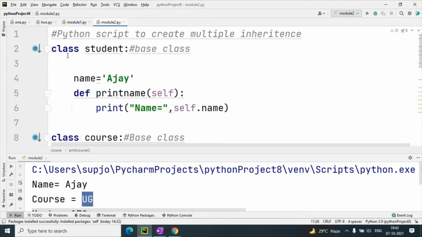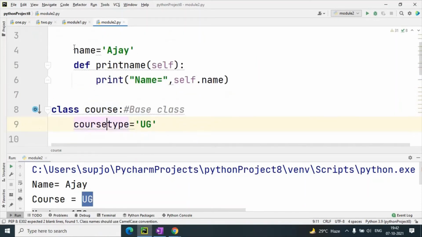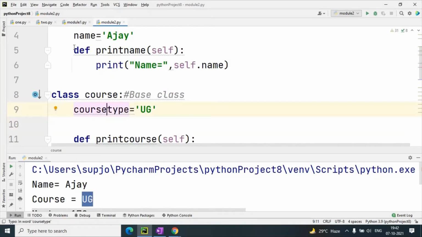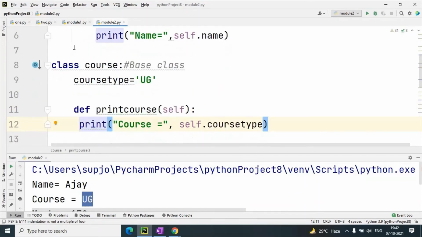Here we have one first base class, that is student class. In this student class we have property name Ajay, and its method name is print name, which will simply print the name of student. And the other base class that we already defined, that is course class. In this course base class we have taken one variable property, that is course type, and its value I have taken UG, and def print course is a method of this course class.